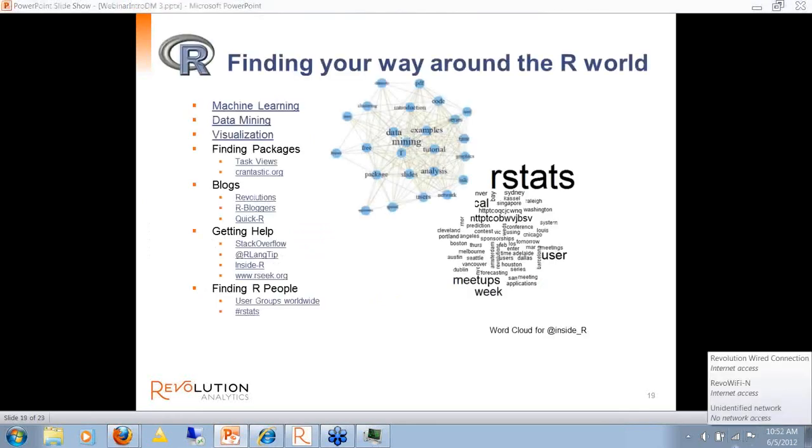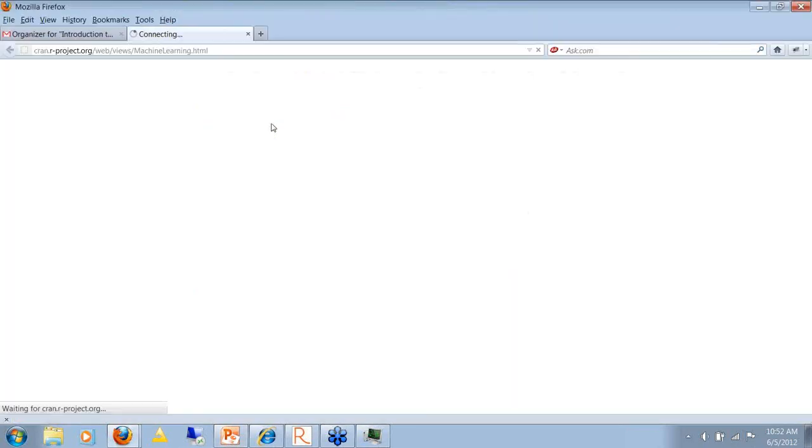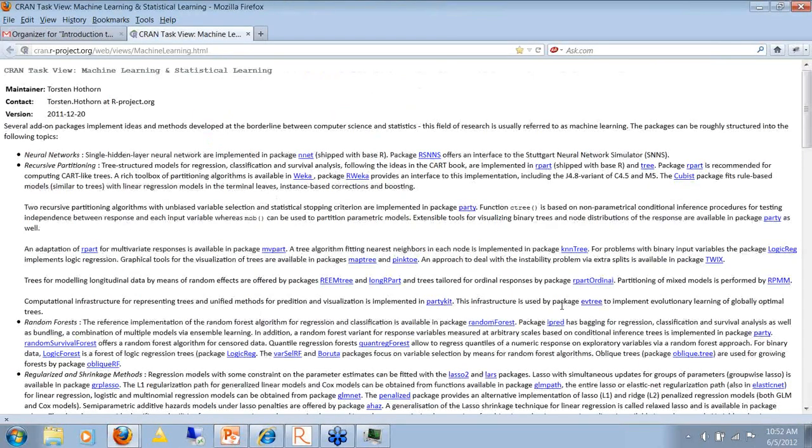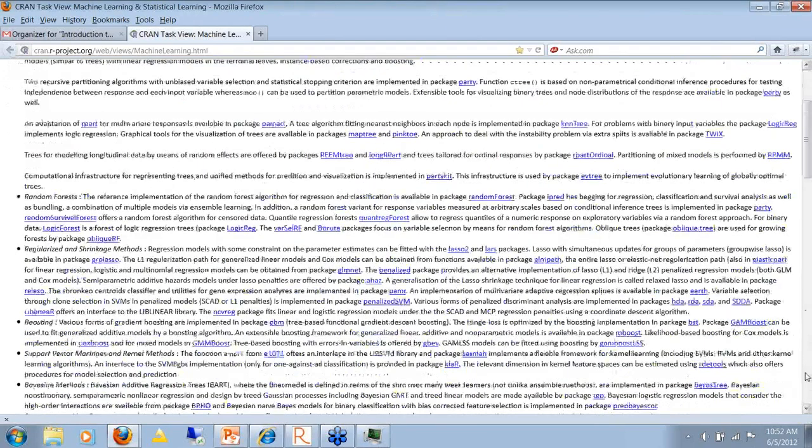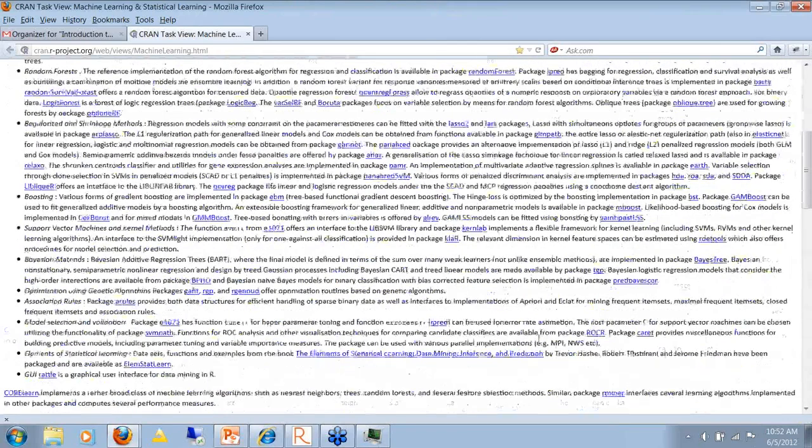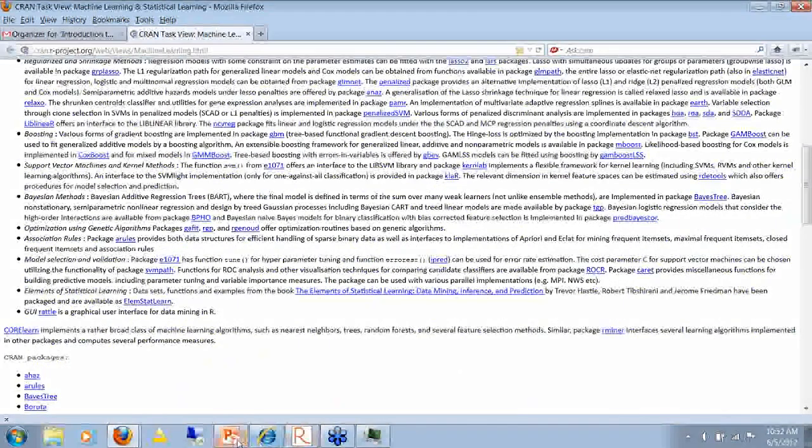As I mentioned, the data sets are available for you to play with, and the last thing I'd like to do is just give you an idea of what to do next. I've prepared here on the slides some links that are particularly important. So the first thing is you want to go and look at the machine learning task view in R, and this is just a fantastic treasure trove of data mining algorithms. They're all listed there. They're easy to get to.